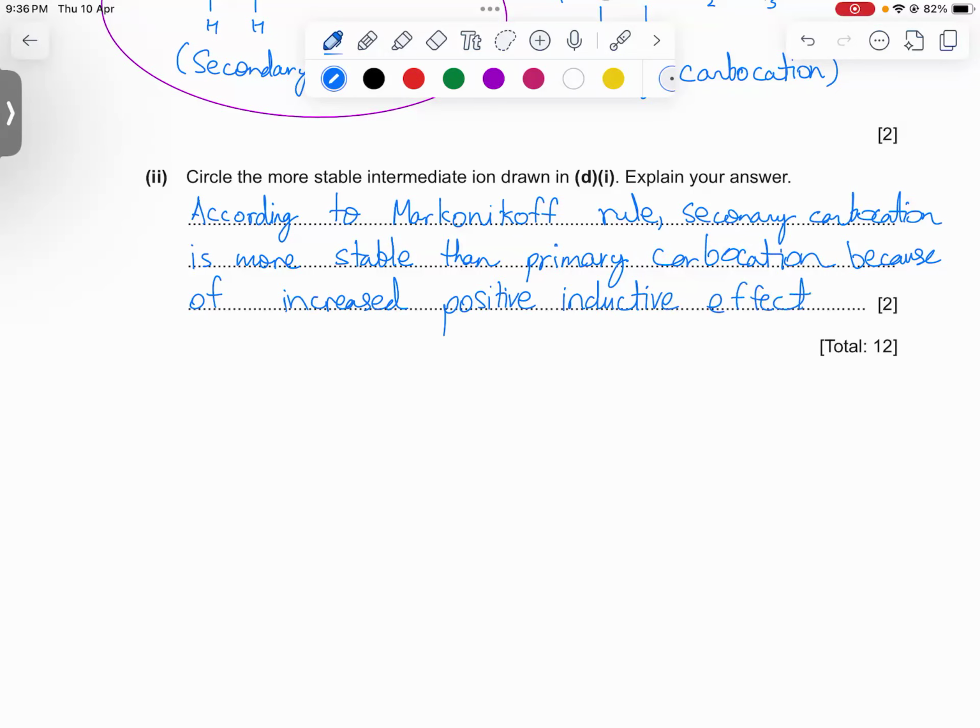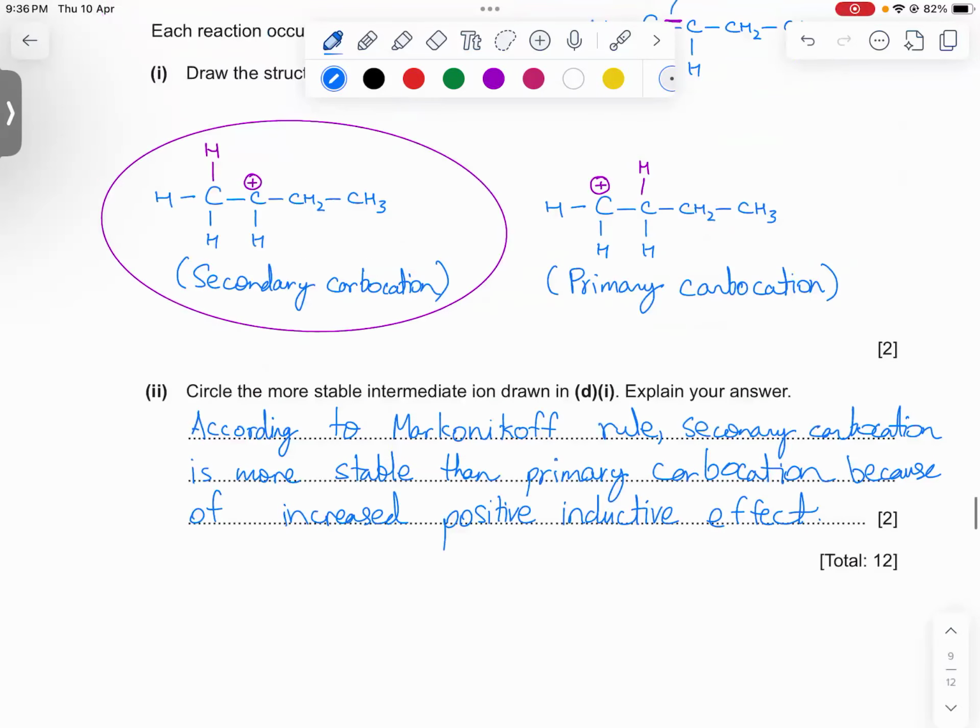This is a very important question for all the students appearing in 2025 May June, because as you can see, this question was repeated in 2020, it was repeated in 2021,